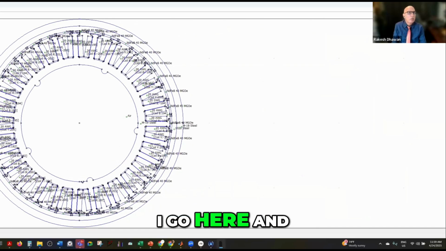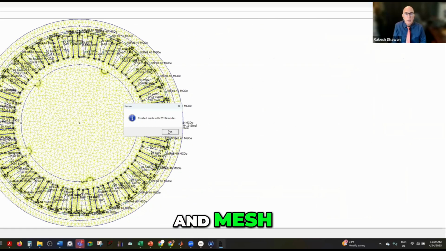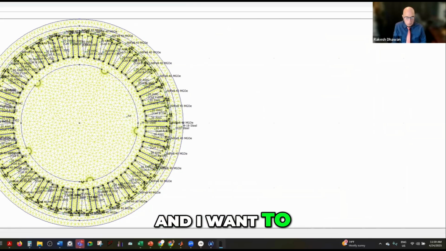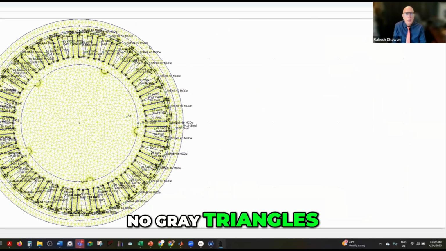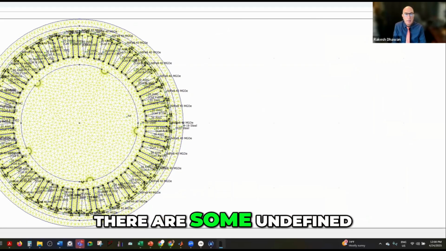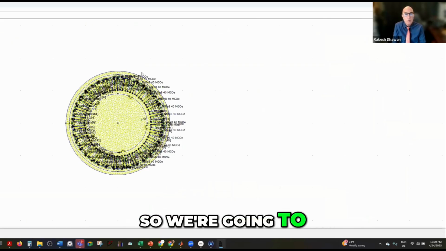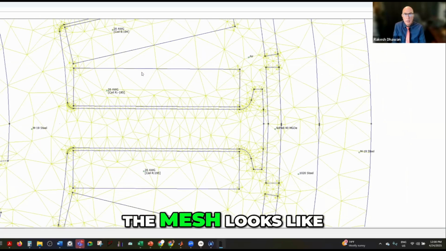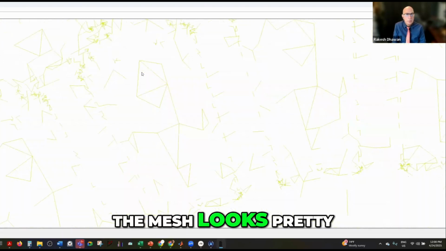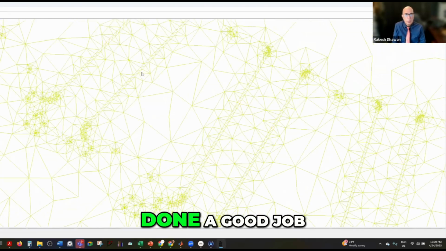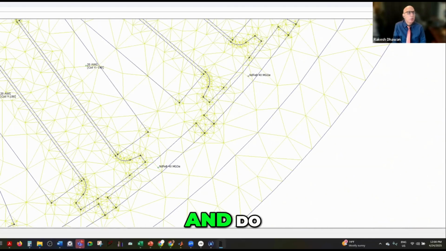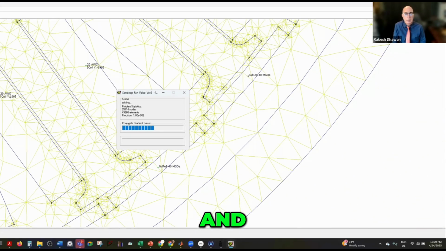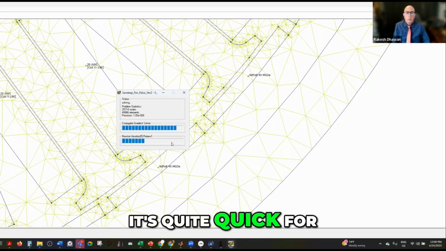So I go here and start meshing it, and it says created with 25,114 nodes. And I want to go and inspect the mesh, make sure there are no gray triangles, because gray triangles mean there are some undefined regions. So we're going to zoom in and look at how the mesh looks quickly. The mesh looks pretty good here, doing a good job of meshing. And then once we have inspected the mesh, we can go ahead and solve it. It's quite quick for